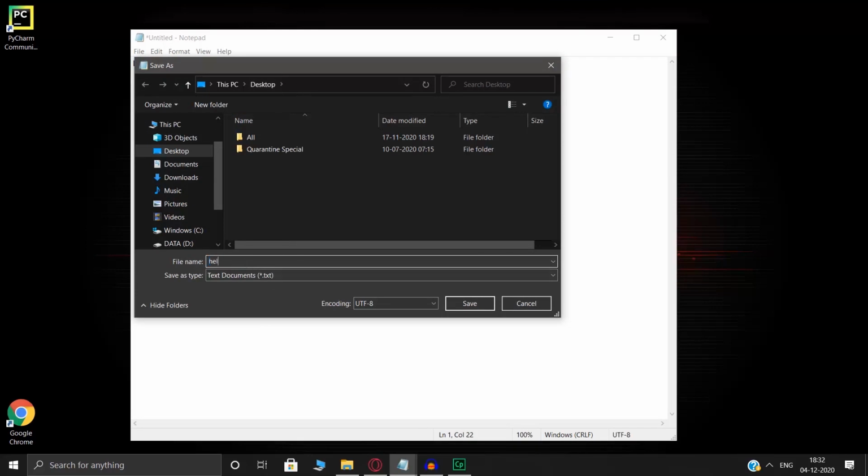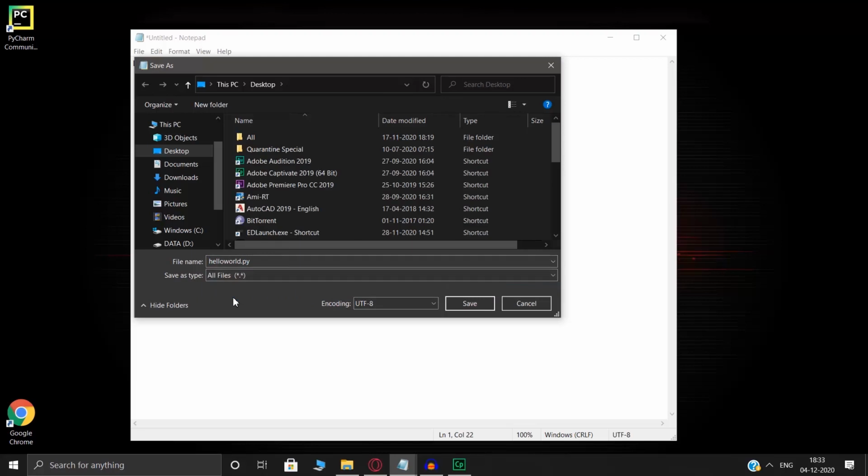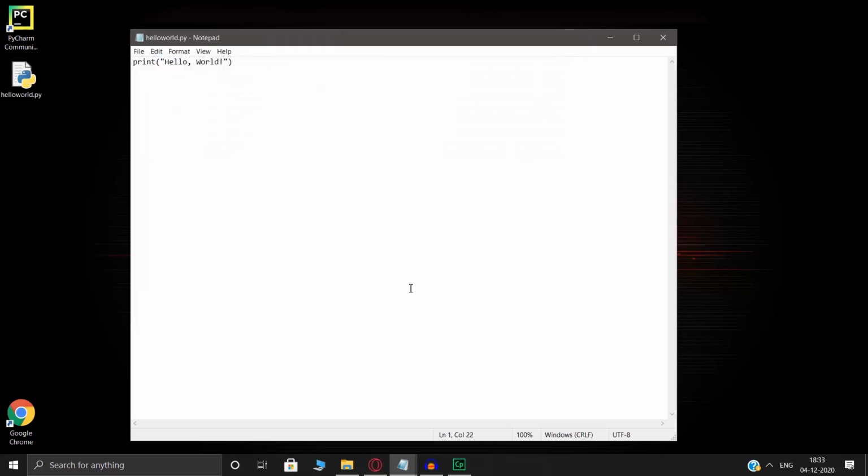Give the file name without any space, .py, which will be your Python extension. So all Python files are saved with a .py extension. Then you change the save as type to all files and hit save. Now your file has been saved over here.